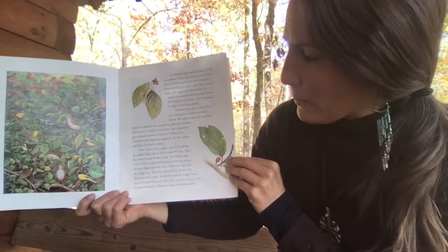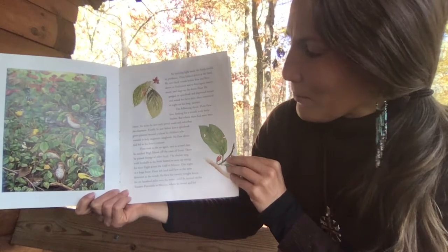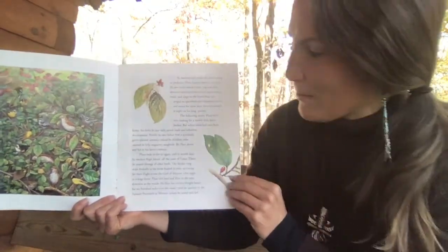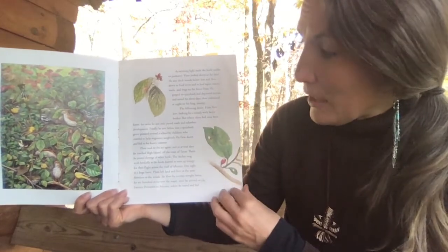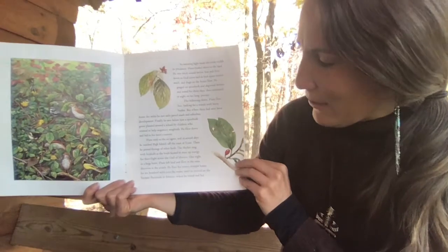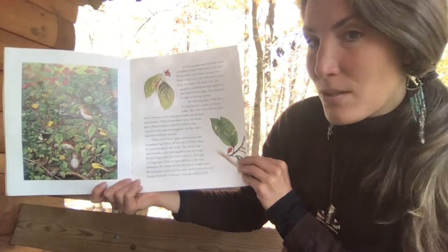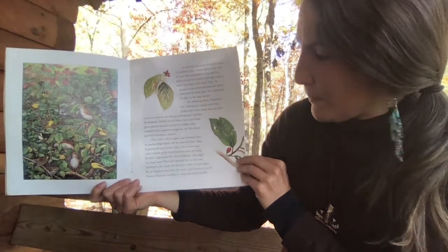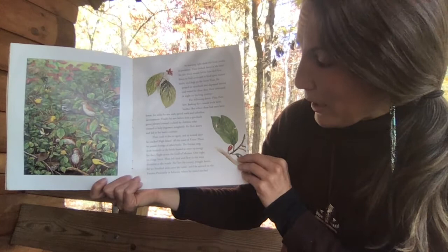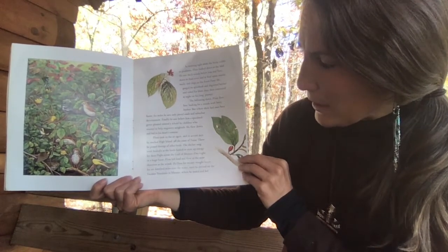Finally, he saw below him a spicebush grove planted around a school by children who wanted to help migratory songbirds. He flew down and fed to his heart's content. Flute took to the air again, and in several days he reached High Island, off the coast of Texas. There he joined throngs of other birds. The thicket rang with bird calls as the birds feasted to store up energy for their flight across the Gulf